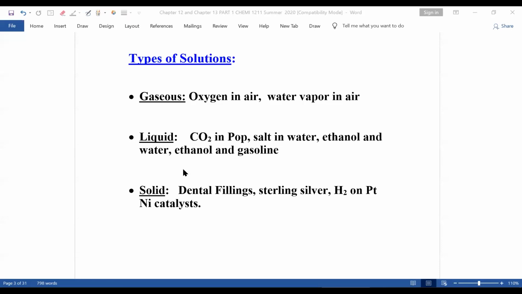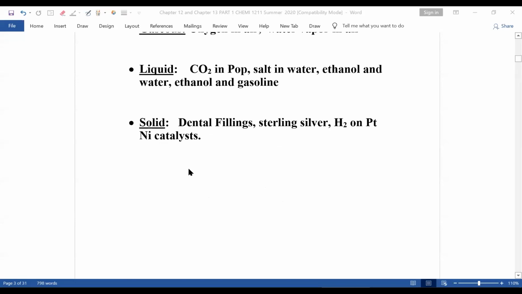And when you go to the gas station, gasoline is a mixture of gasoline, which is, I really should have put octane, and ethanol, which is an alcohol put in there to help make your engine run better. Now you can have solid solutions. I said mixture, I should have said solution. Your dental fillings used to be, when they're mercury amalgam, a solution. Sterling silver is a solution. And there are other things too.